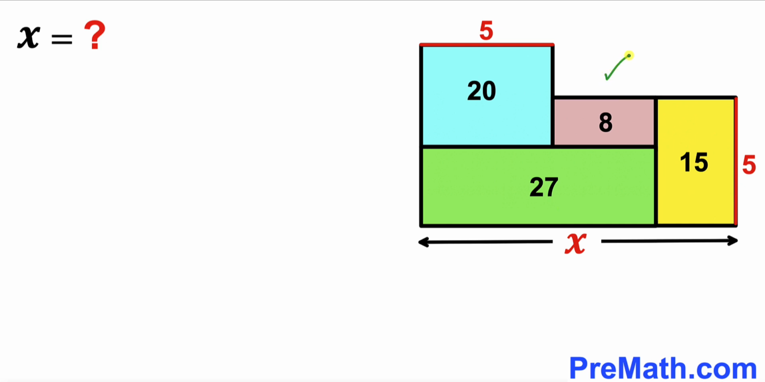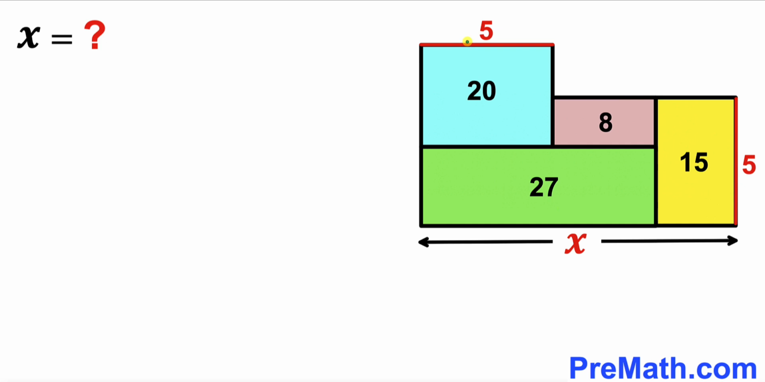in this diagram. Blue, pink, yellow and green rectangles, such that the area of this blue rectangle is 20 square units. The area of this pink rectangle is 8 square units. This yellow rectangle has area 15 square units, and finally the area of this green rectangle is 27 square units